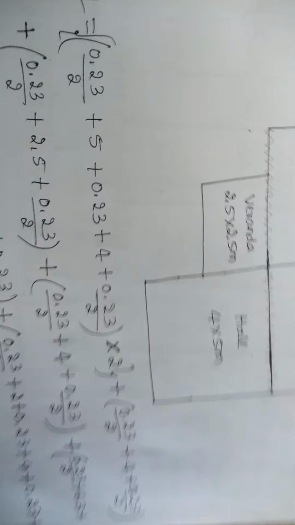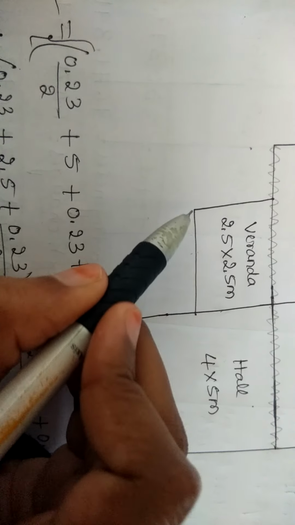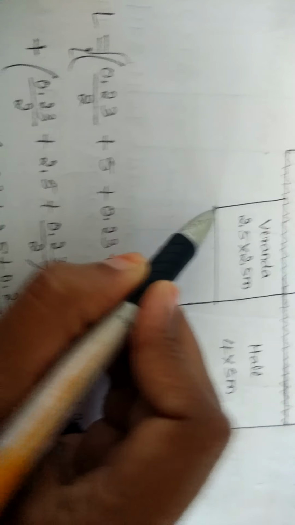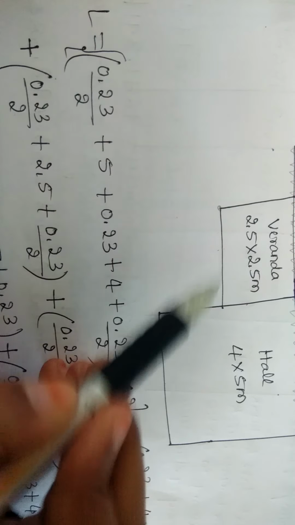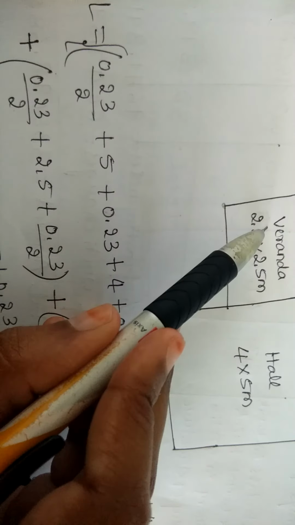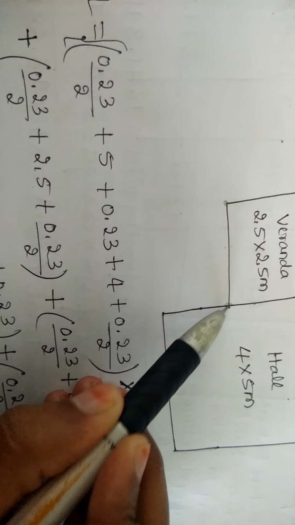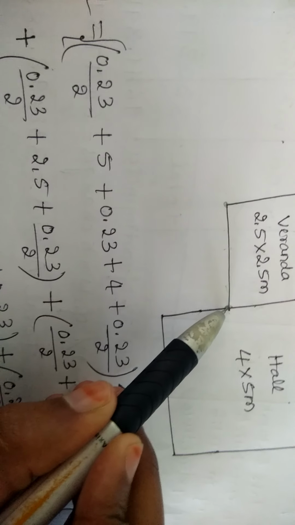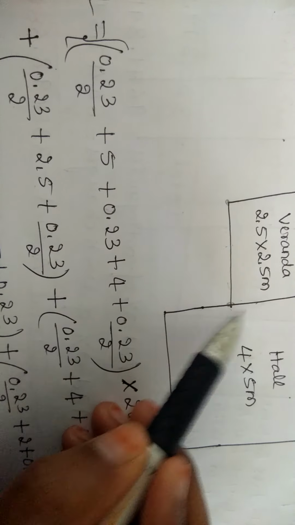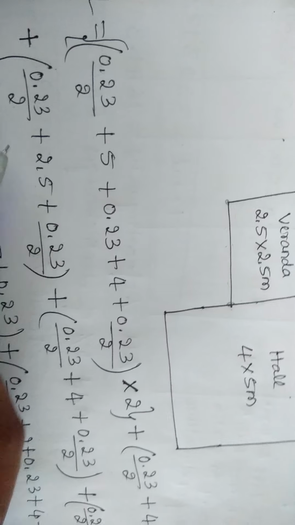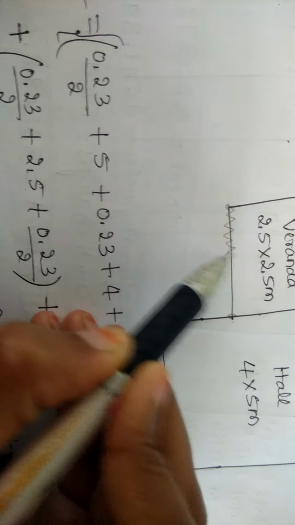Now let us move to the next line. I will consider this line now. So that means this wall. So now I will start from this corner. As it is in the corner, I will take half of the wall thickness here. Plus, I will move like this. Here, the first value represents the horizontal value, which is 2.5 meter. Plus, then, once I reach this point, the wall will end here. Hence, at the end, again I have to take half of the thickness of the wall. This wall thickness I will be taking now. So that gives me the center to center length of this horizontal short wall. So let us hatch this portion.